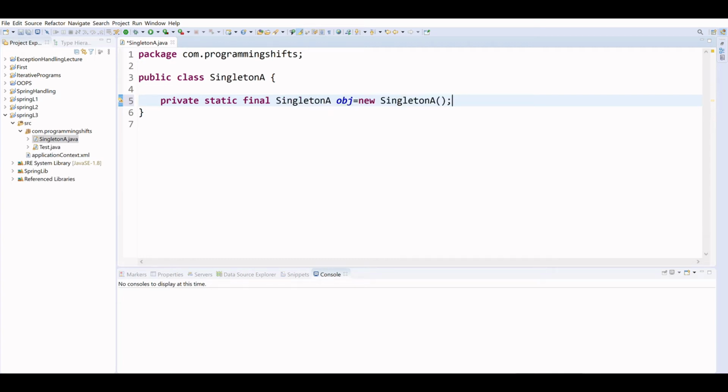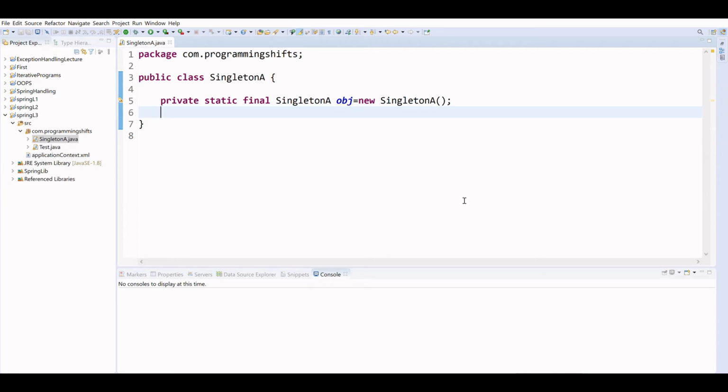Coming to the next point, we have to create one constructor of this class. How do we do that? Right click on this and go to Source. You have to go to Generate Constructor using Fields, but there was some issue. Let's go back and create it, go to Source, create constructor.